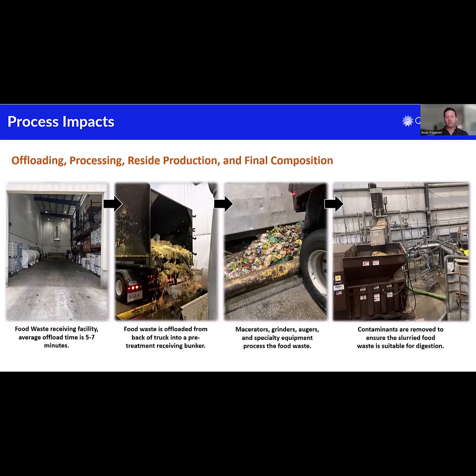So it's really important that when we look at residue rates, contamination thresholds, we're not putting our operations group in a position where they're being set up to fail. We want to make sure that we're giving good feedback, consistent feedback on these materials. So outside of the nutrient makeup of this material and the reaction process, our operations team is not going to get put in a position where this material is going to be difficult to process through the front end of